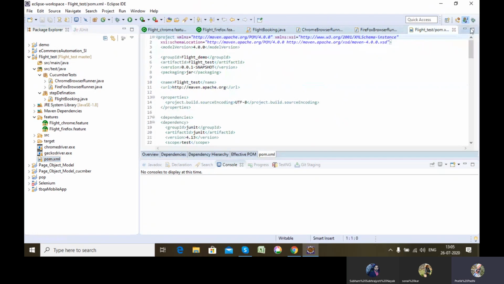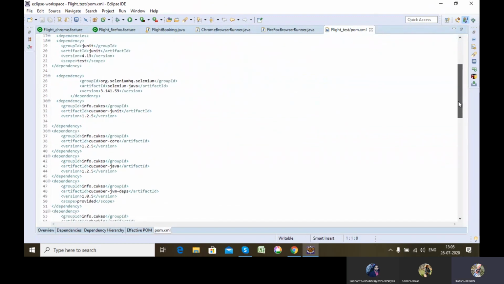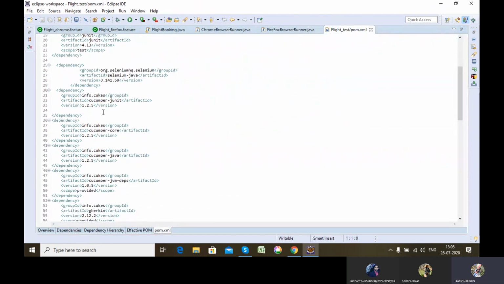Let's see what changes I have made. This is a Maven project. So in pom.xml we need to redefine the dependencies. See, in the dependencies, you have to define the Selenium dependency, Cucumber, JUnit, core, Java, what I have told in earlier classes also. These three will be of the same version, else a conflict will occur.